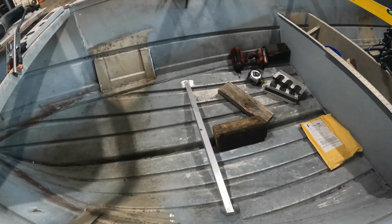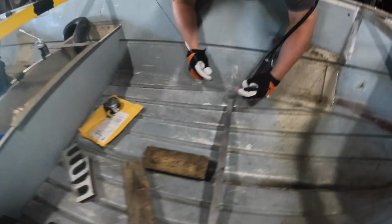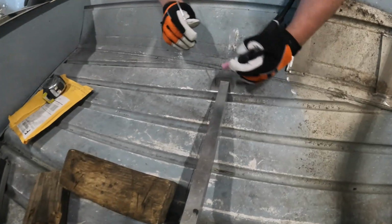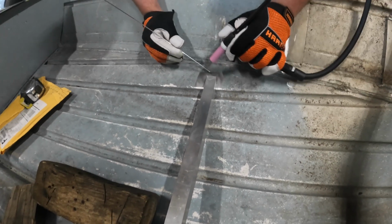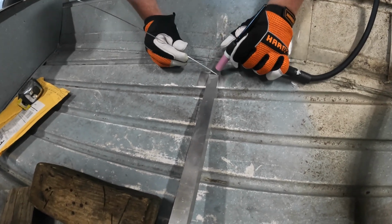Hey, that looks attached. Oh yeah. Wow. Oh yeah. Penetration. This is the second TIG weld, so this should go much smoother. Much smoother. Doesn't look like it's going to, but